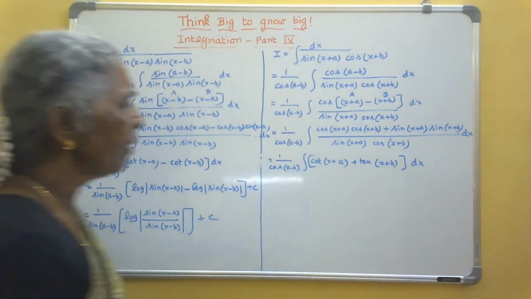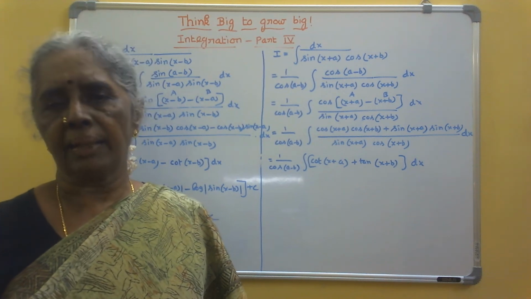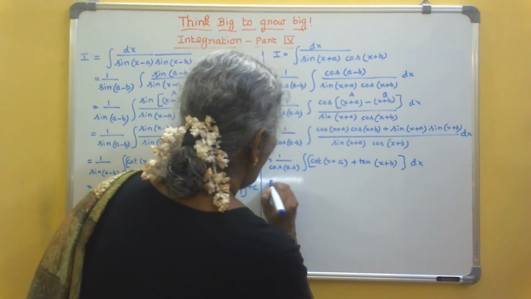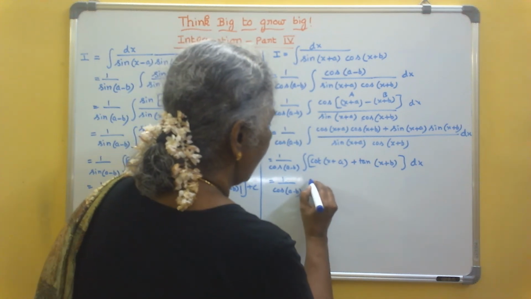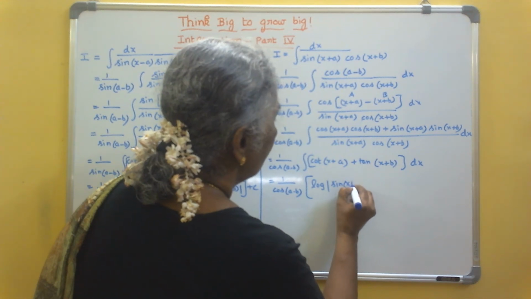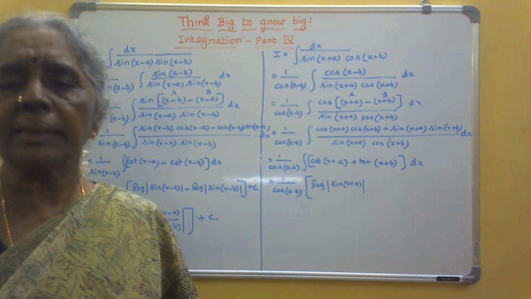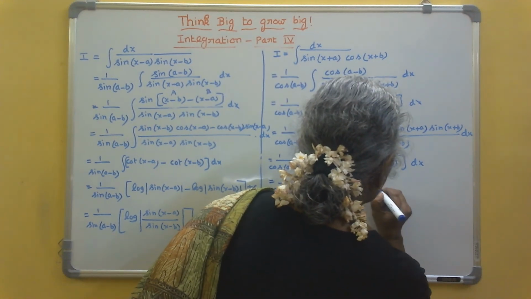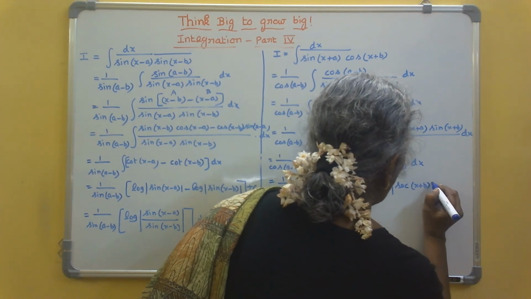So see the difference here. Here you got both as cot. Here one is cot and one is tan. Of course this is plus and there it was minus. Now just we have to apply the general formula and integrate. Cot of x plus a you will get log mod sin of x plus a. Coming to the tan, integral tan x dx is log mod secant x. So you will get plus log mod secant of x plus b